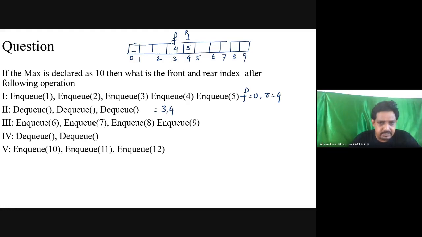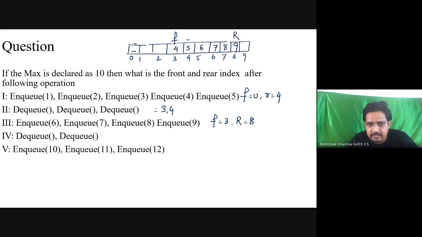Then 6, 7, 8, 9 is inserted: increment and then insert 6, increment and insert 7, increment and insert 8, increment and insert 9. R will be here. So the third answer is front is at 3 and rear is at 8.